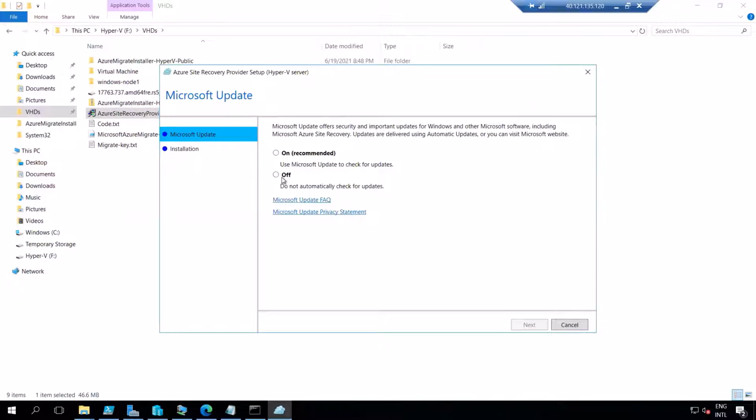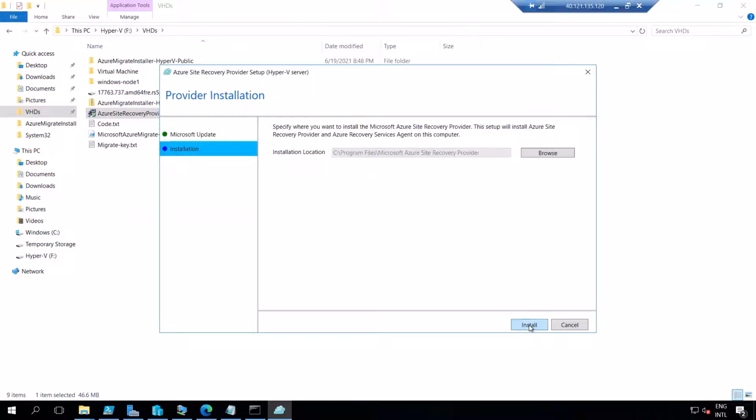Okay, update, I will keep it off for now. Fine, I will install it. Now we are installing the Azure Recovery Services Agent, which will help me replicate my objects from on-premise to cloud. It will take some time, so we'll give it some time.